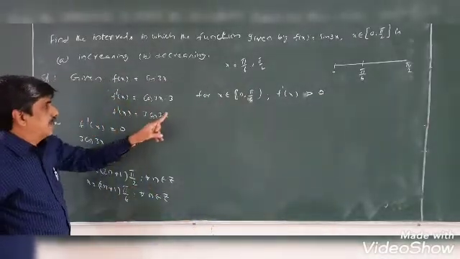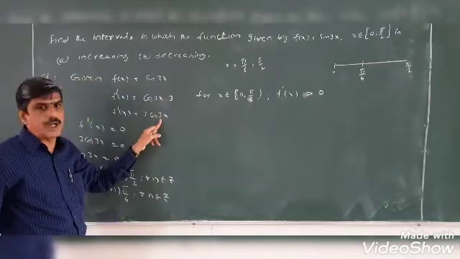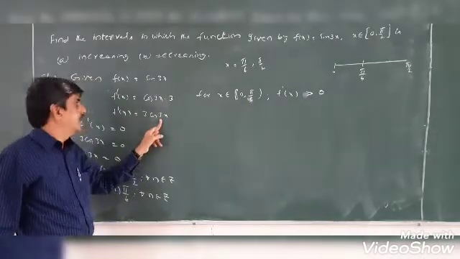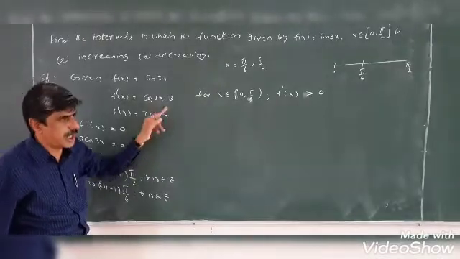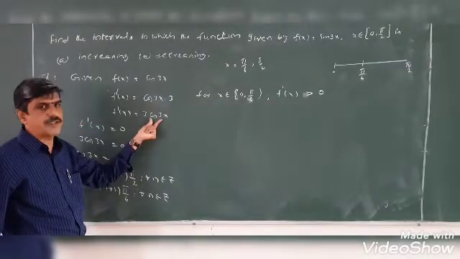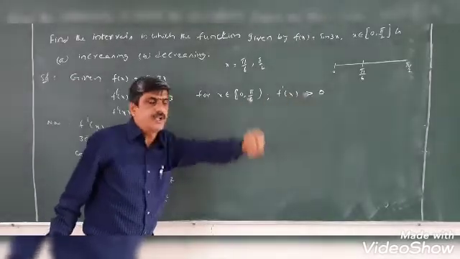Again, repeating: x is equal to 0, x is equal to 30 if I substitute, cos 0 to cos 90. So 0 to 90 means the first quadrant. In the first quadrant trigonometric ratios are all positive, especially the cos function here. Then f dash x is greater than 0.